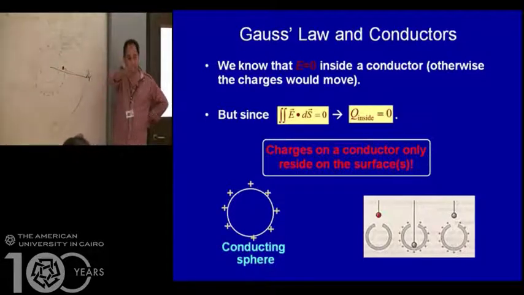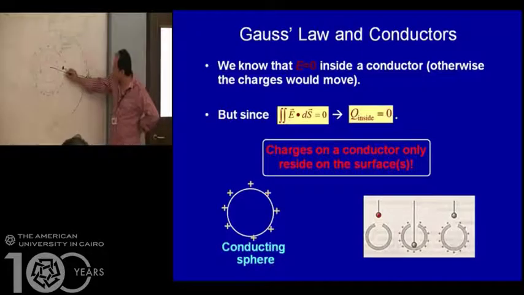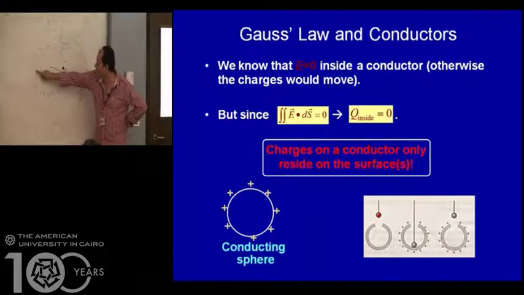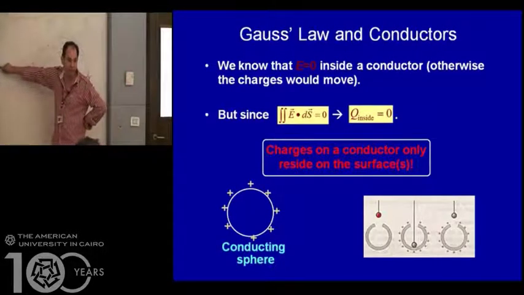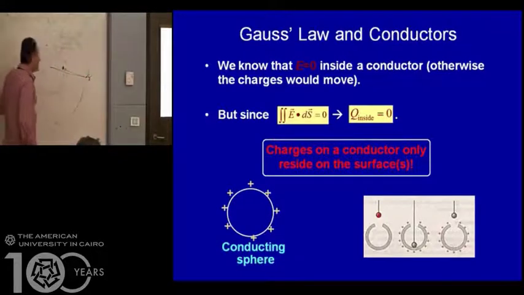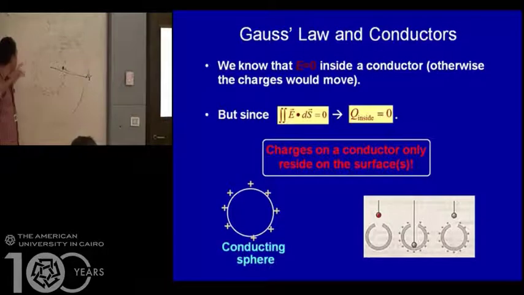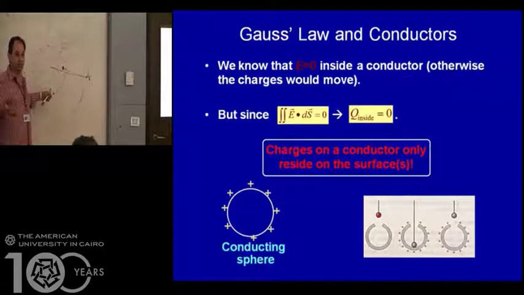And by symmetry, the electric field from that component at that point is going to be strong, while the electric field from that part at that point will be a little bit weaker. But if you take the same distance at the other side, you will get the same exact answer. So it will look as if the charge is concentrated exactly in the center,